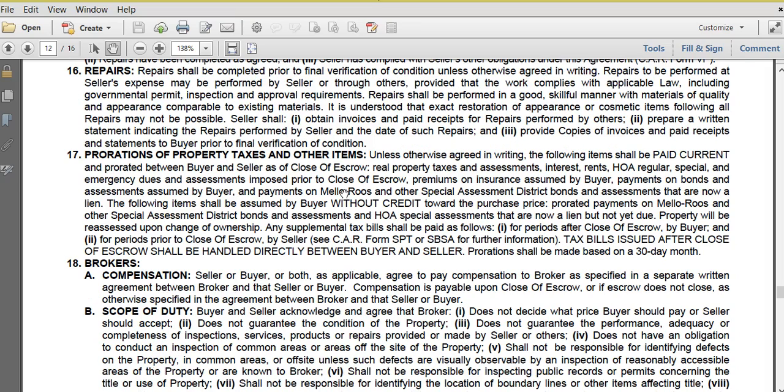Proration of property taxes, depending on when you close the property, when you close escrow, you're going to be responsible for some of the property taxes for the rest of the month. That's just the way that it works. So that's going to be a few $100s at closing, and we'll give you an itemized list of all of this.